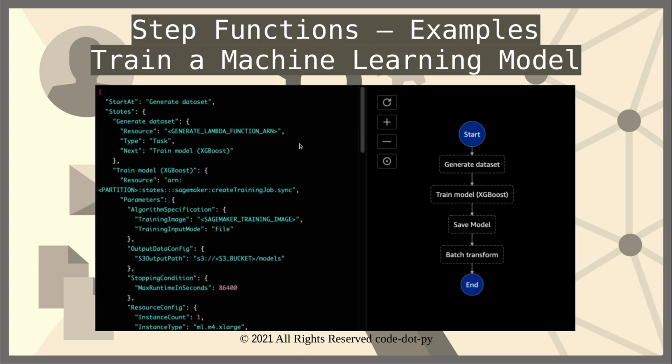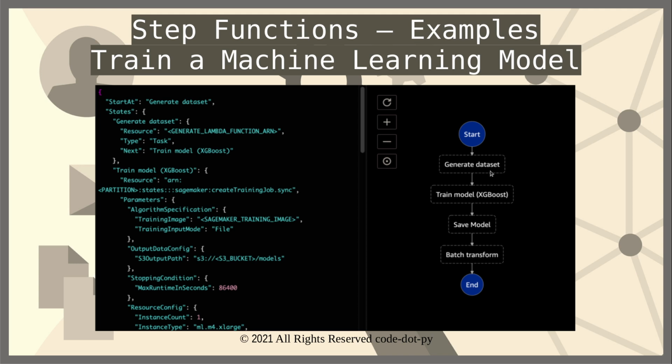Now, let's talk about some examples of how Step Functions can be useful and how it makes a difference. If you see this image here, when it comes to training a machine learning model, there could be multiple steps involved, and on the left hand side you see the actual code block which indicates the different steps. However, Step Functions converts this complex code into a fairly simple and easily understandable flow, where, for example, the flow starts with generating the data set.